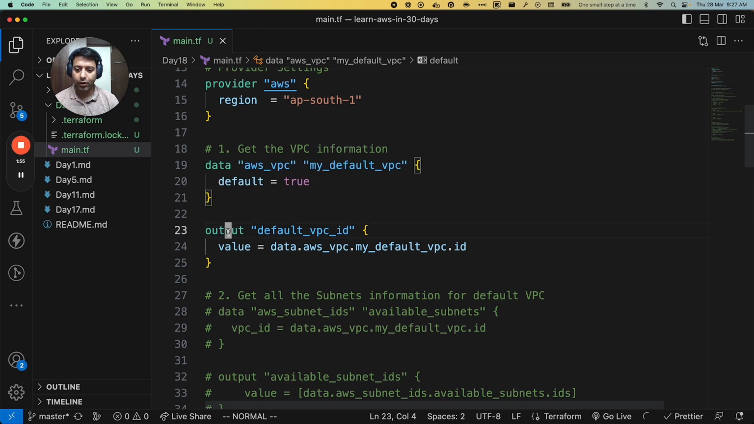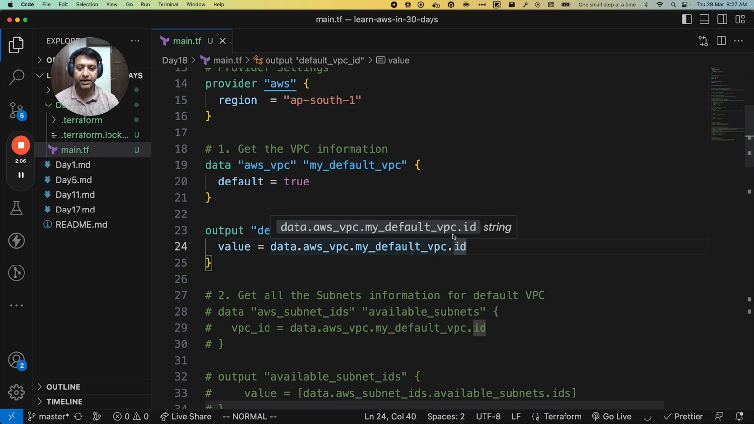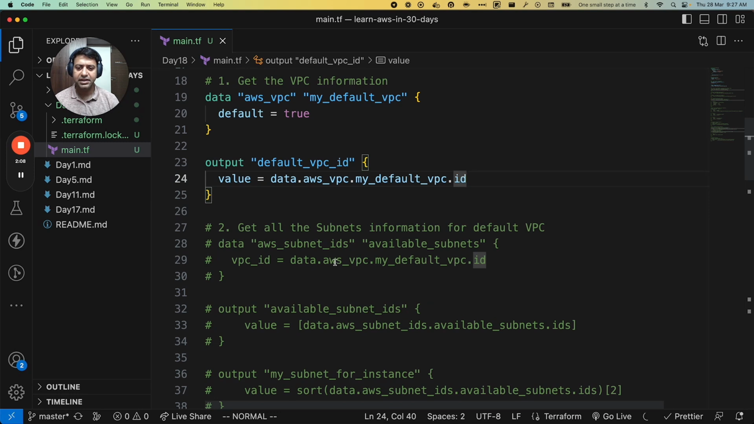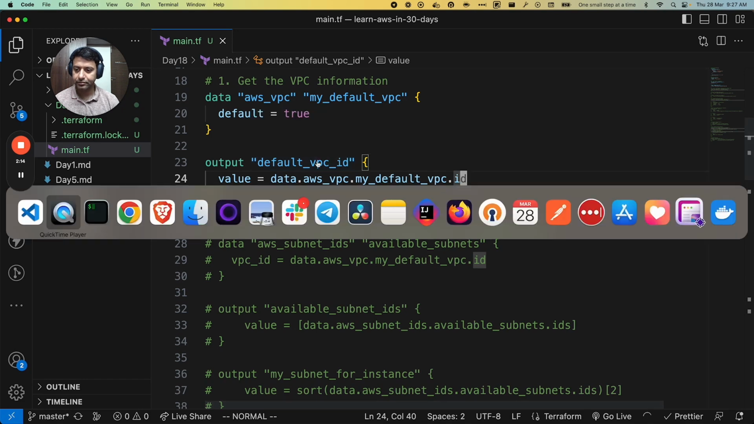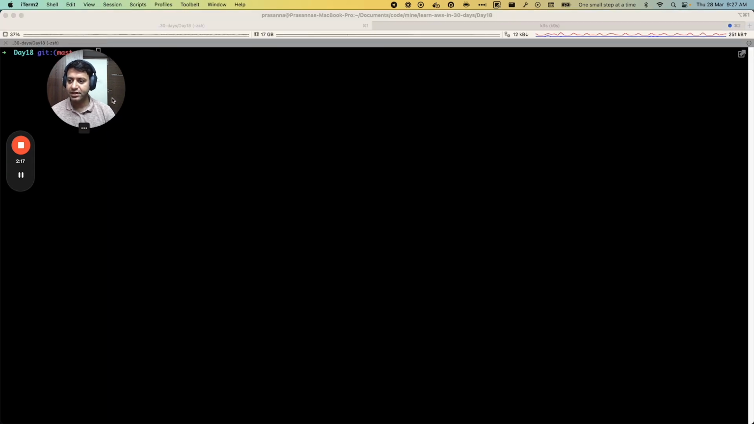And I have one more block which is called output. I'm saying the default VPC ID is data.aws_vpc.my_default_vpc.id. So this is the output which I want to see on my screen. Okay. So these are very simple AWS Terraform constructs which we are going to use. So to use this one,